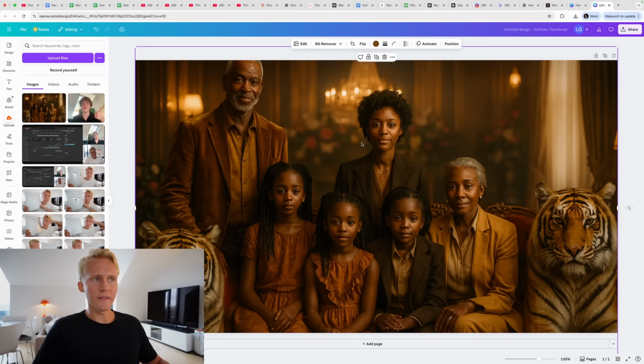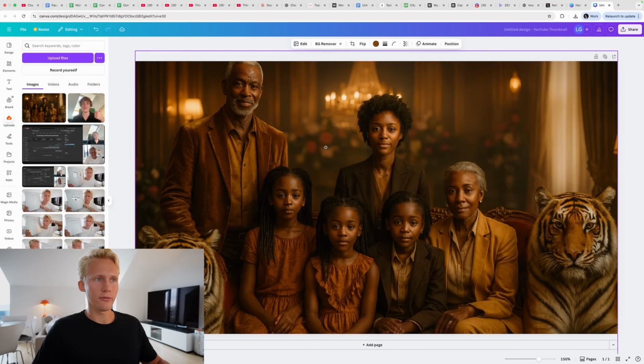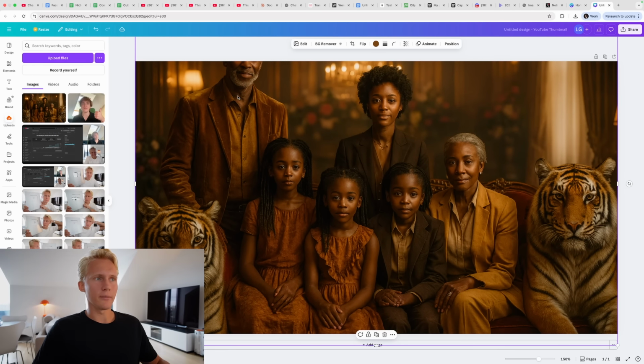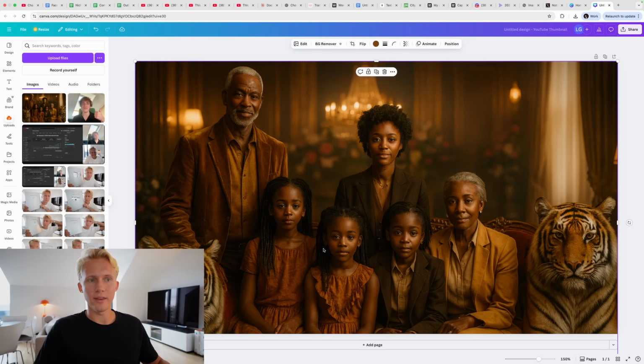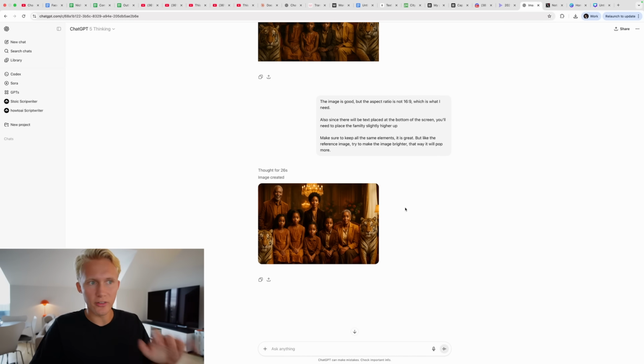Perfect. All right, so in this case you can see that the structure of the thumbnail was slightly off, because now if we would want to have the family higher up here, the grandpa would be cut out. So we need to regenerate the image at least once, because keep in mind we're gonna have text here, and if the family is like this, then the faces of all the people would be blocked, and that is not what we want. Right, we got the new image, and you can see that the grandpa and the girl here are still too tall, so I'm just gonna send another prompt. I'm gonna skip to when the image is generated so we can speed up this process a bit.